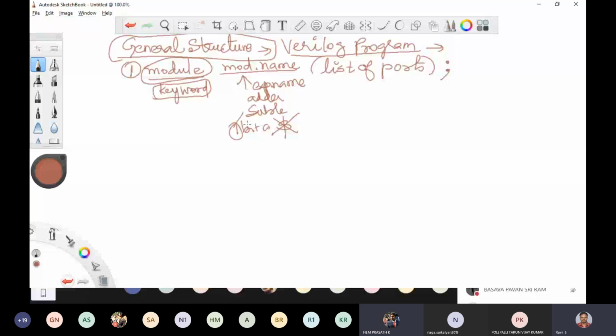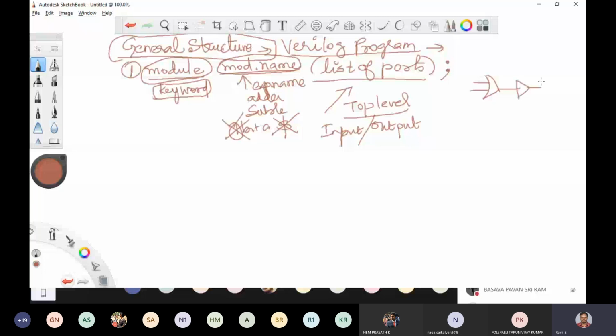Then list of ports. List of ports is the top level input output ports. The ports which face the external environment, the direct users, are called top level ports. Suppose this is a circuit diagram having 3 levels.